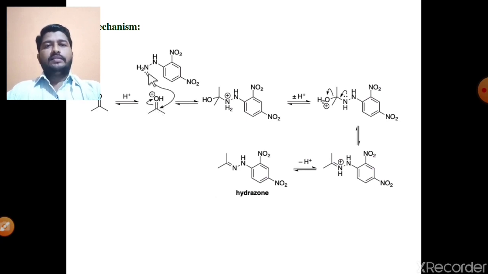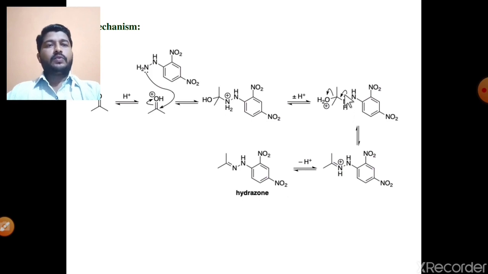After that, the electron pair of this nitrogen NH2 is attached to this carbonyl carbon. At the same time, the pi electron shifts towards the oxygen, then neutralization of the positive charge takes place. At the same time, a bond forms between this carbon and nitrogen. After bond formation, with the loss of the electron pair, nitrogen gains a positive charge, and the shifting of pi electrons towards oxygen means there is no charge on this oxygen; the positive charge is neutralized. The next step is loss of H plus from this NH2, again neutralizing the positive charge.